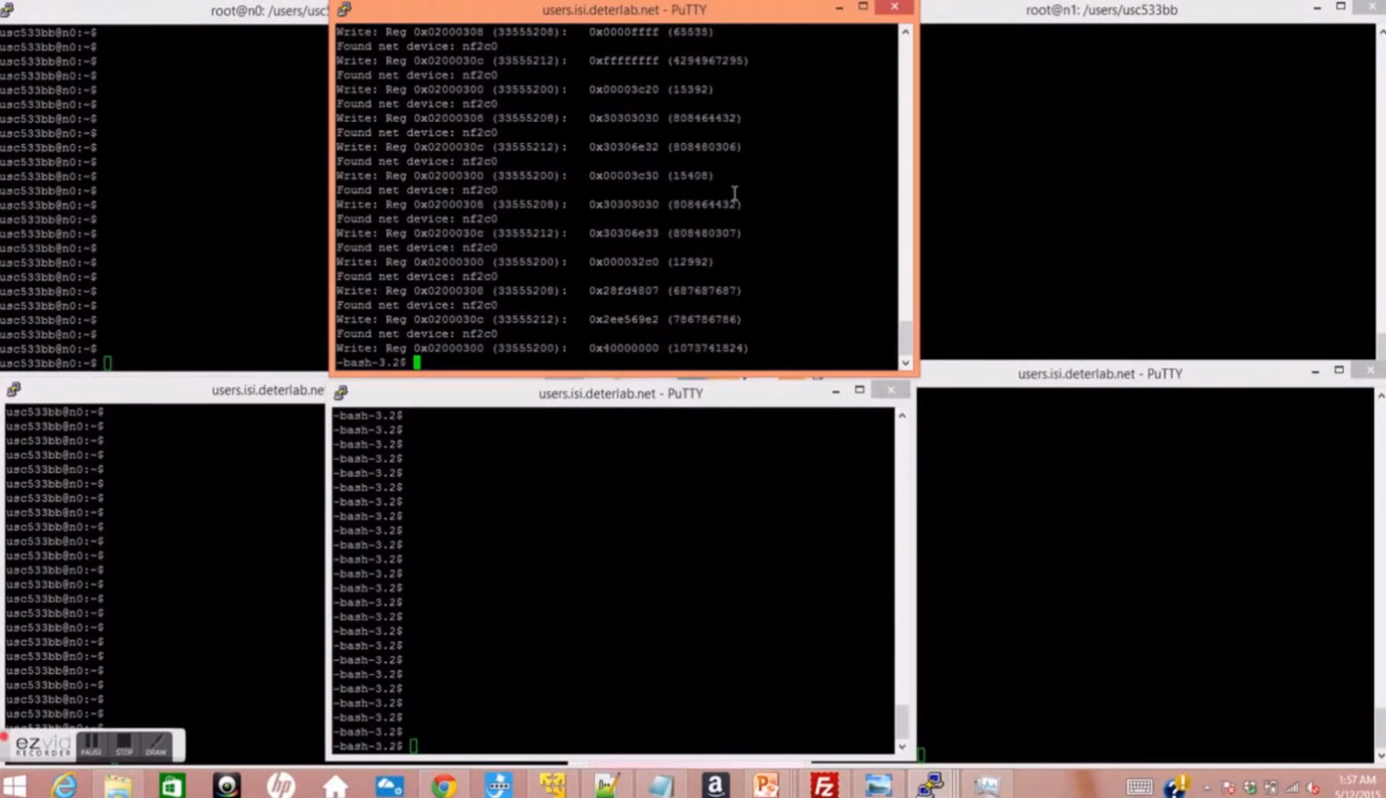Once we are done configuring the NetFPGA, I will run another script, and this script would load the instructions into the instruction memory. Once the instructions are loaded, I will move to the second window. As I have already told you, we are using RSA key exchange for authentication, and I'm going to run the RSA server